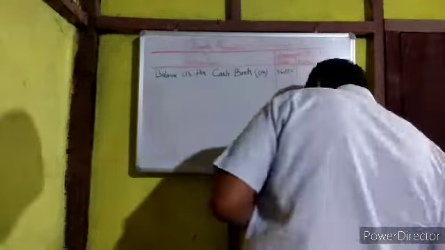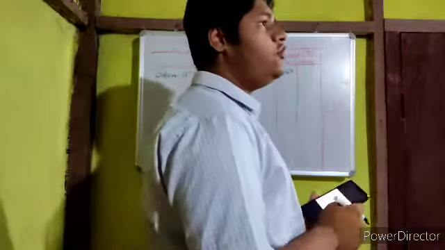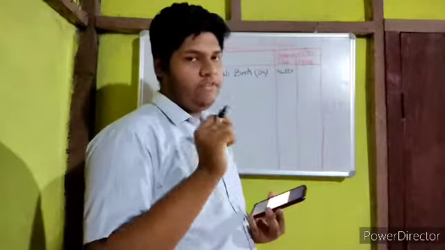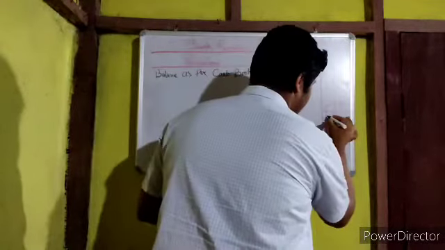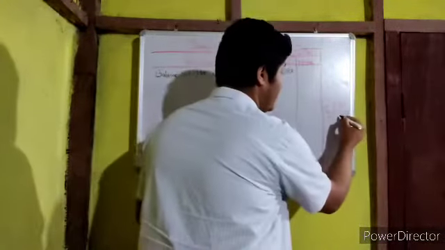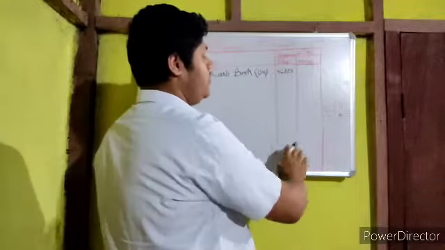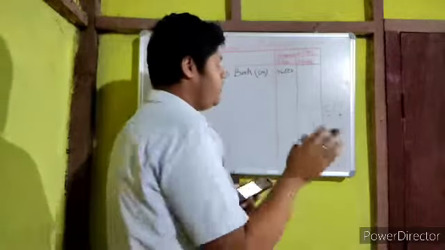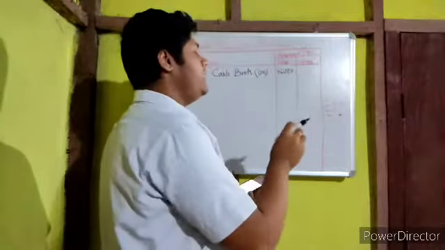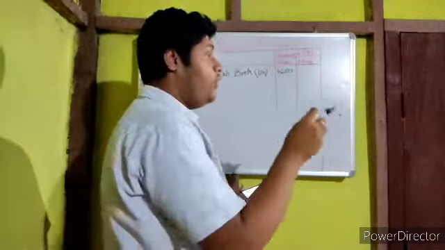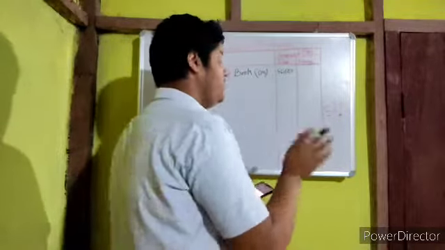Now the next entry, that is cheque issued but not presented. Issue means you are withdrawing something. Whenever you withdraw, you know that your amount has been deducted, but it has not been deducted yet from the bank. Since it is not deducted from the bank, your amount has a mismatch. So your passbook is negative, because you know that you already withdrew the money, but it is not presented yet in the bank. Your amount is still in the bank account, but you know that you have withdrawn. So this is the misconception.